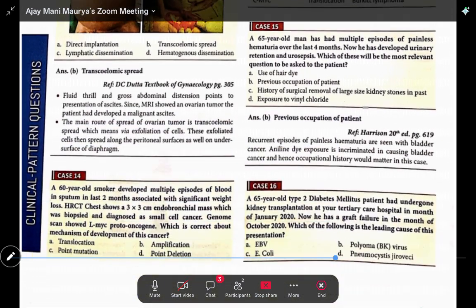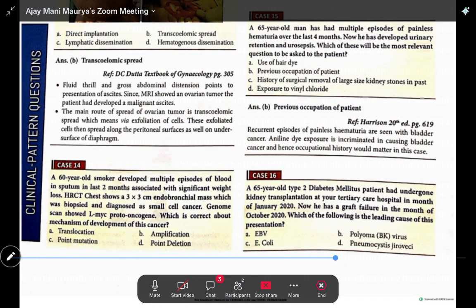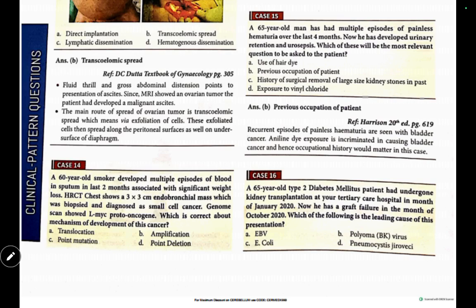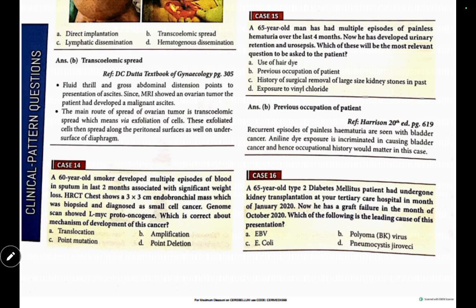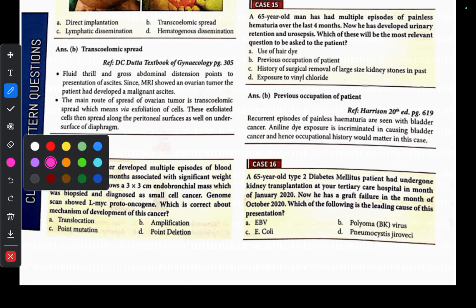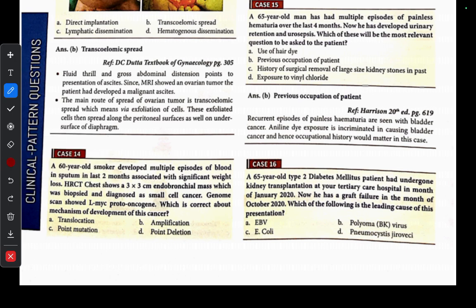Yeah, see this one. A 60-year-old smoker developed multiple episodes of blood in sputum in the last 2 months, associated with significant weight loss. HRCT chest shows a 3 into 3 centimeter endobronchial mass. Here, see, whenever you are going to see this one, please try to see this. It shows what, amma? L-MYC